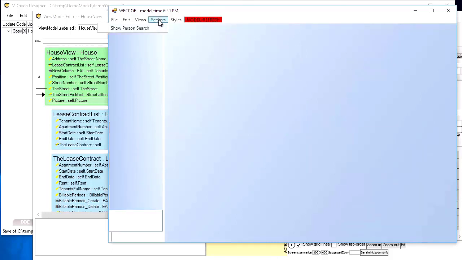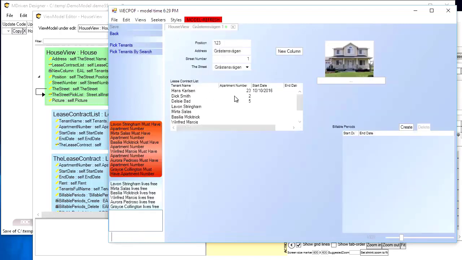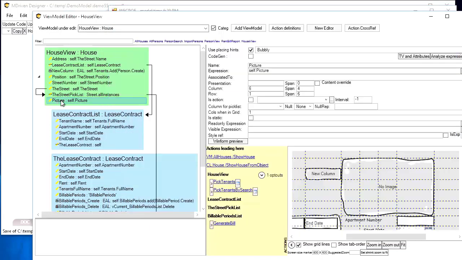Let's try and have this picture in the report that we did in the last session. So there it is, but it's not in the report. We know that it should probably be called picture, so if we head back to the report template